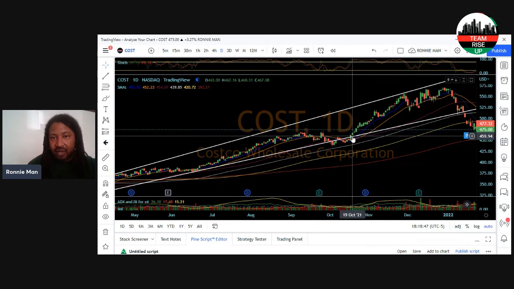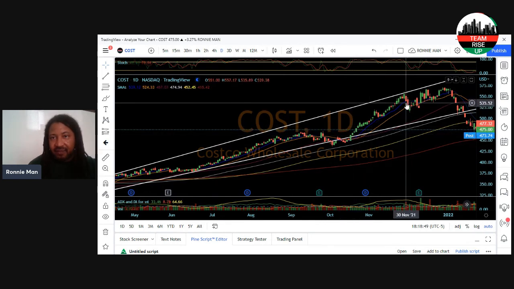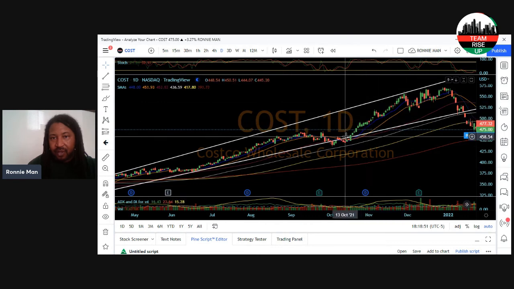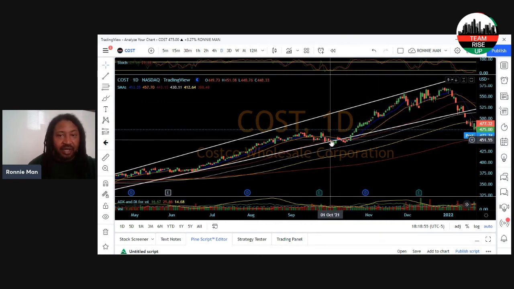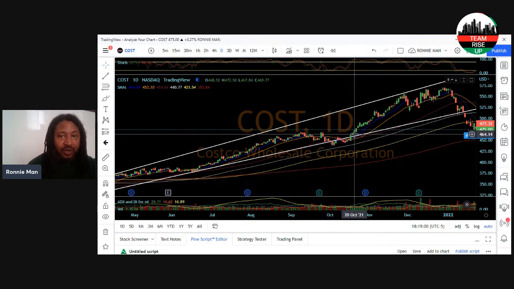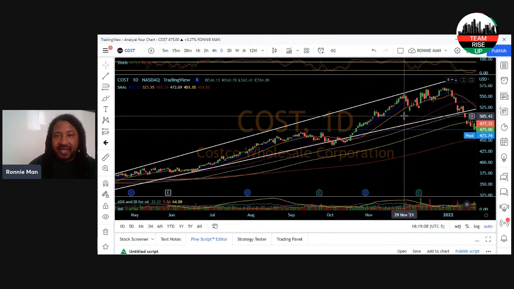Now, if you bought time, because you know you're at a support level, it has retested that support level twice right in this area. You get in right around here, low of 460, a high of 467, and you buy the time,